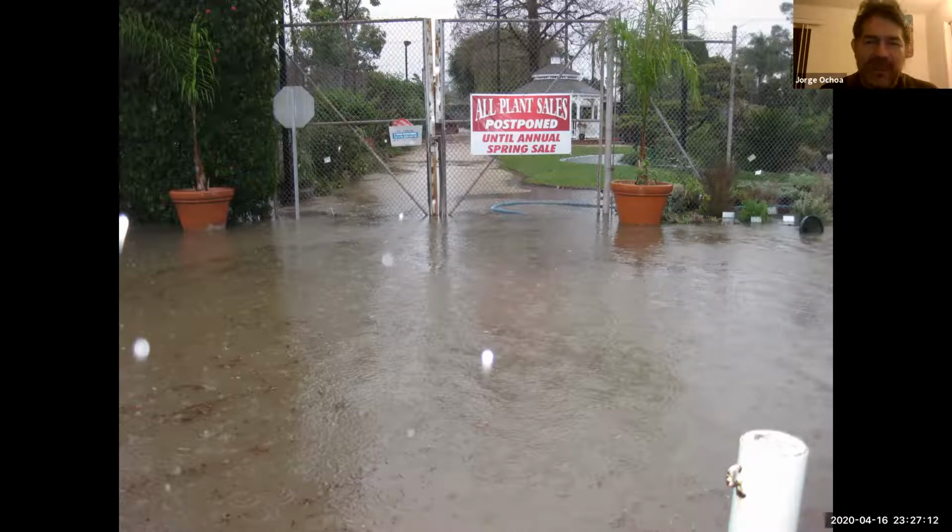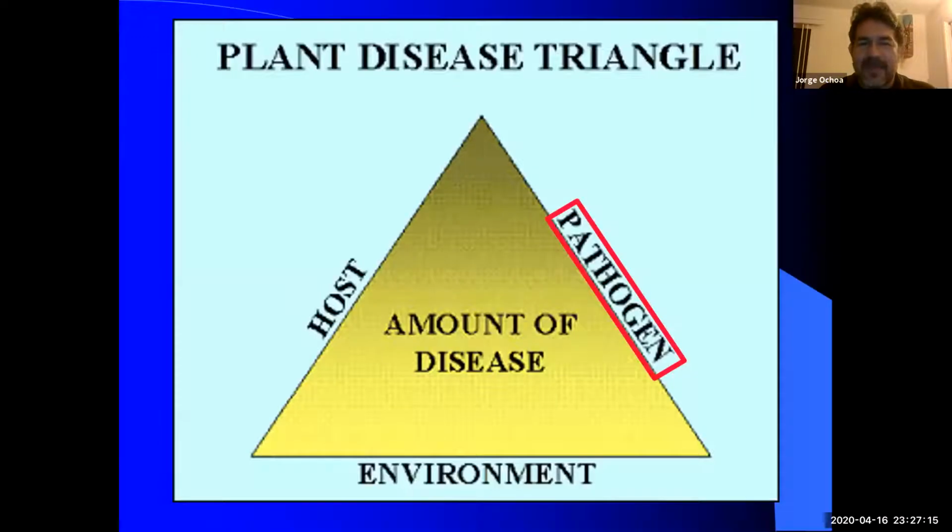We have control over the plant by resistant variety. And the last thing is going to be the pathogen. The pathogen needs to be here. If the pathogen is not here, then the plant can live its life for years without any disease problem. There are a lot of plants that were miracle plants in the 50s, 60s, 70s, and later on a disease was introduced and it devastated those plants, and you can no longer find them around here. So that has happened many, many, many times.